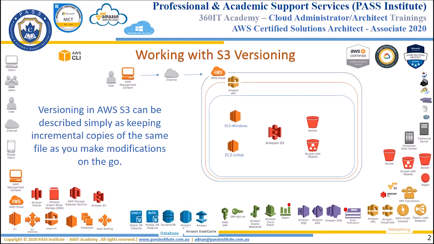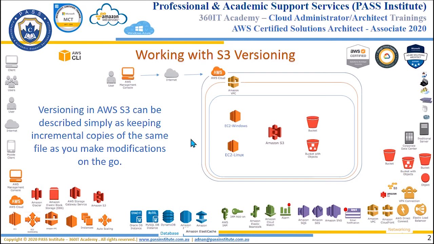So first of all, what is this concept? Versioning in AWS S3 can be described simply as keeping incremental copies of the same file as you make modifications on the go. It's just different versions of the same file. So once you create one file and then you make changes to that file, the previous file will be kept as an older version, and then likewise whenever you make a change, a newer version of the file will be kept